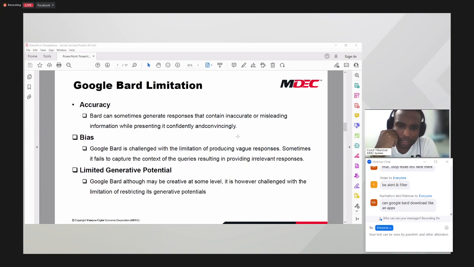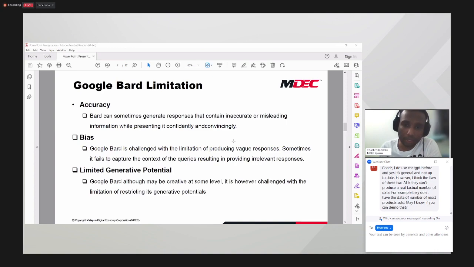Can Google Bard assist us to get journals and articles? There's a question from Ramya. Can Google Bard assist us to get journals or articles? The answer is yes, Ramya. It can assist you. I'll show you a demo on that. Okay, next question. Ada lagi soalan?